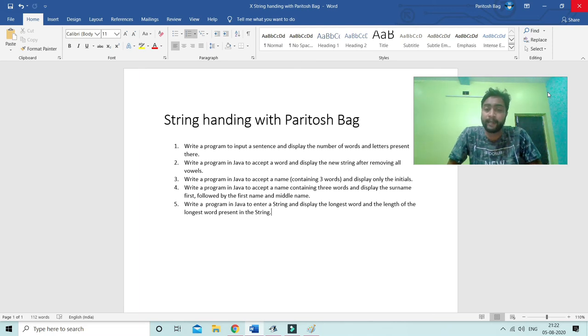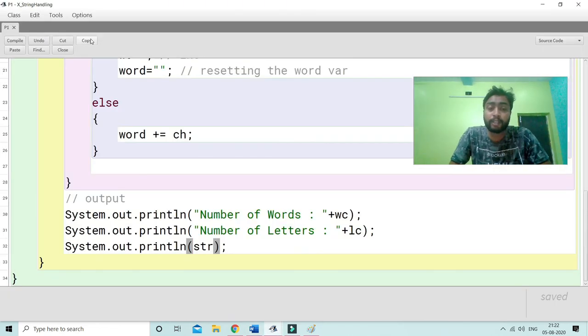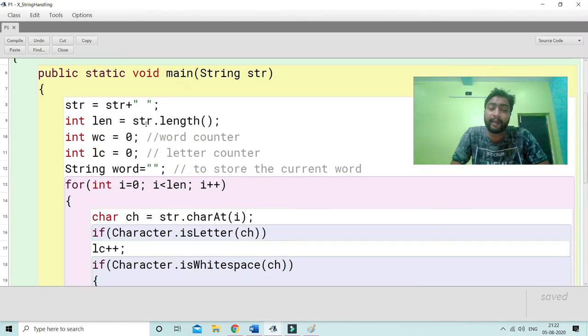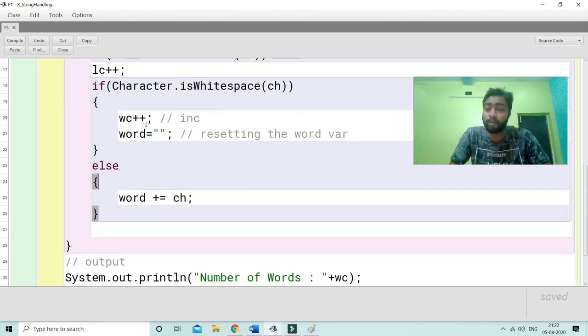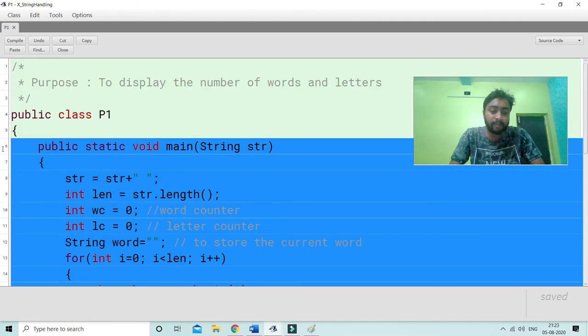Definitely we will try to get the code from the first program without writing it. So let's do it. If you remember, in our first program I collected a string and tried to get each word. It will be helpful here because I need each word to determine which word is the longest and what is its length. So let's copy the whole code, that means the main function from here,